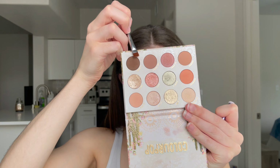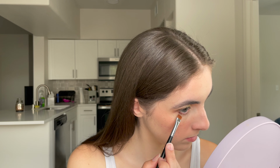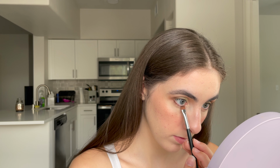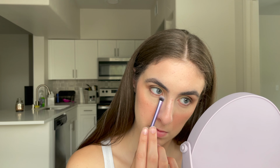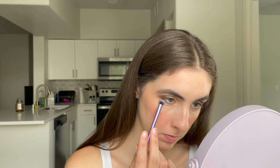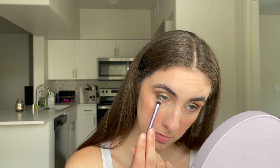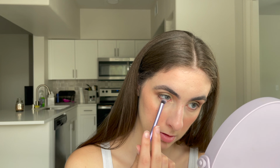And then we're gonna take that shade No Bounds, the really dark shade, on a flat brush, and we're just gonna deposit that on the lower lash line, really tight to the lash line, and I'm bringing that all the way into the inner corner. Then I'm taking this small fluffy brush. There is nothing on this brush, and I am just blending out that dark brown shade as itself, just to keep that brown line on the under eye, and this is how it looks all done